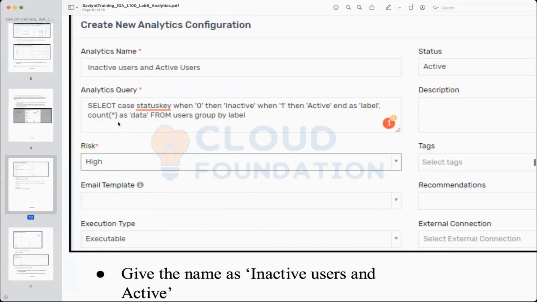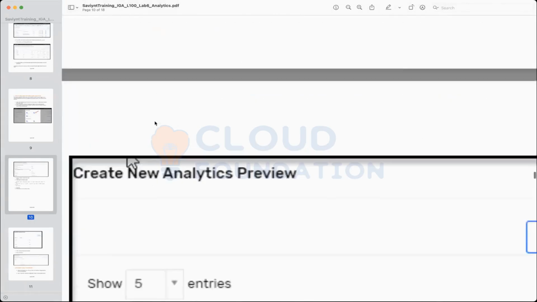And we just want the count. We don't want the actual user values. That is why we have put a comma and we have put a count function, and we have passed star as a placeholder, because we want the count of all these columns that we're talking about, as data from users grouped by label. All this information that we got was from the users table and we have grouped them according to the label. One label would be active, second label would be inactive, and then there would be data, right?